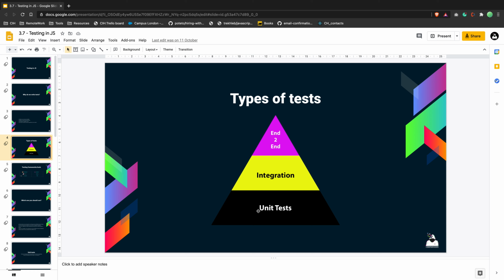So this is integration. And end-to-end testing means that you're testing everything, basically as a user, but automated. You're writing tests which will basically simulate the behavior of a user. That will fill the input with some text, it will click, it will wait for the response. I will show you that in detail in a few moments. But yeah, this is end-to-end testing. Basically you're testing as a user, but automatically.